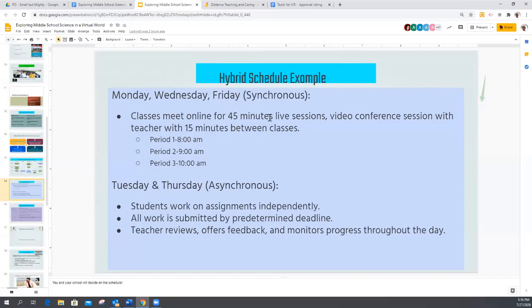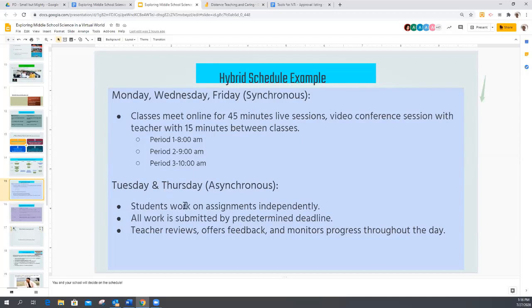And then let's say the online class might be 45 minutes. 45 minutes might be stretching it a little bit. It might need to be closer to 35. But then everybody gets a break in between. So the teacher gets a 15-minute break, kids get a 15-minute break, whatever, before she moves on to her next class. Lauren would probably be repeating those science classes like you would during a normal day. The difference would be they would be virtual. The other difference would be the hands-on might be an issue, so there may be more video, those kinds of things going on.